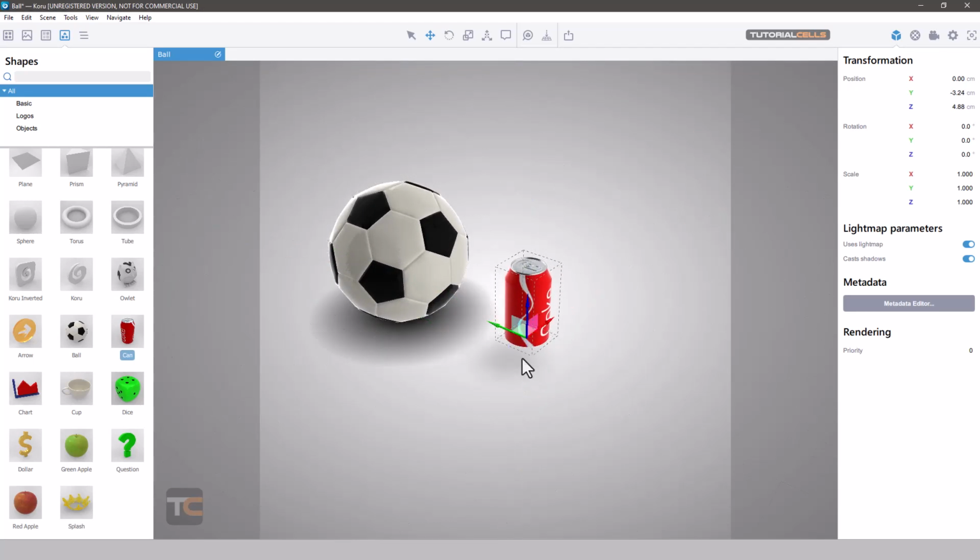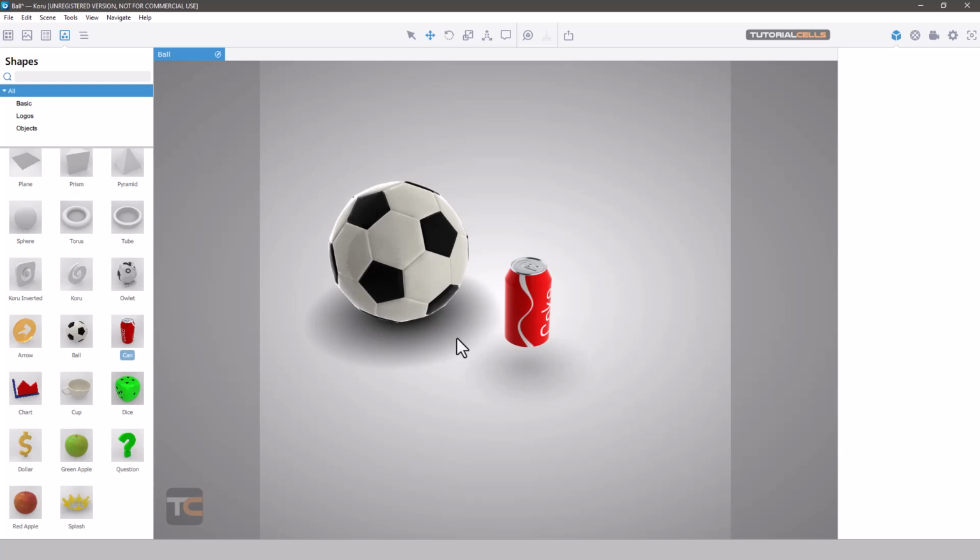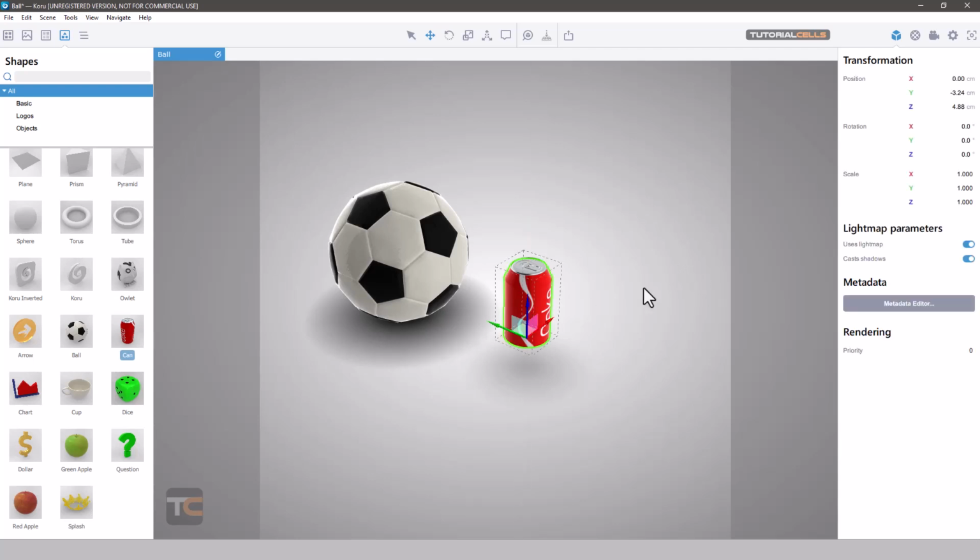It's computing. So in properties, we have the lightmap parameter. Use lightmap. It's baking these lights and shadows. And if you have an animation, for example on this, you can see the shadows and lights are static. It's very important for static. But if you have an animation or something like that, you can